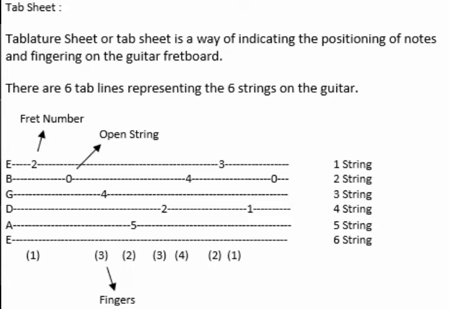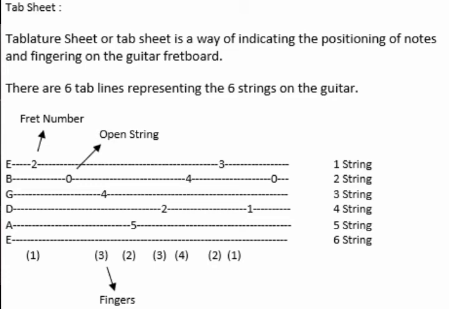Then you go to the third fret of the first string, which is E, and you play it with your second finger. So this is E string, third fret, second finger. And then you play 1 on the D string, which is the fourth string, and you can use your first finger. D string, first fret, first finger. Then you can play the second string, open, using only your right hand. That's how you play. So let's do it again.